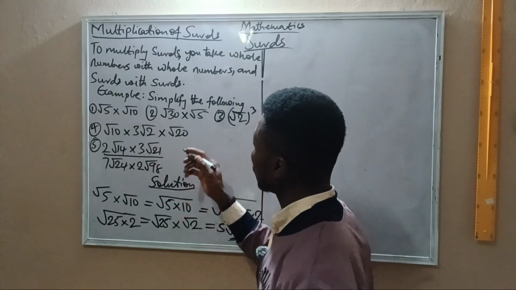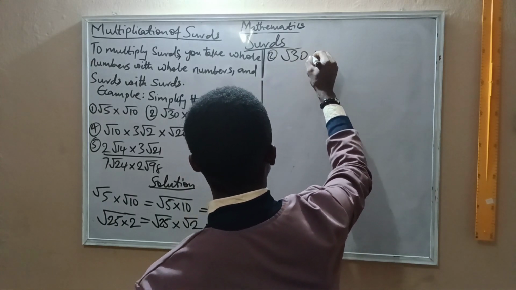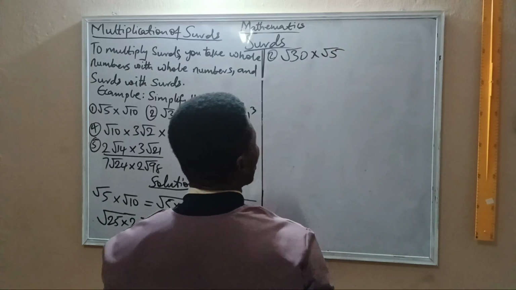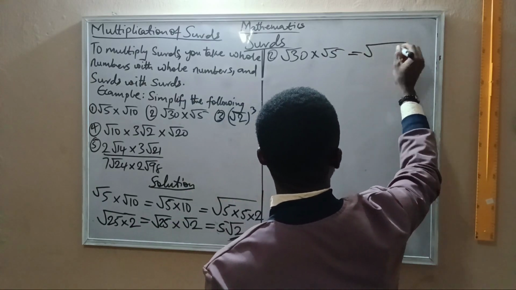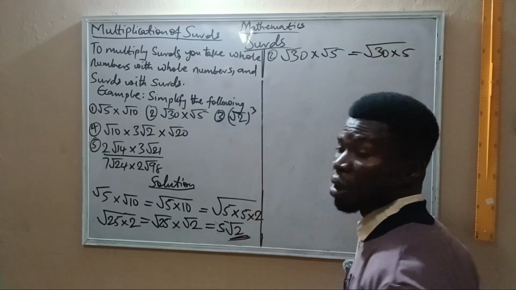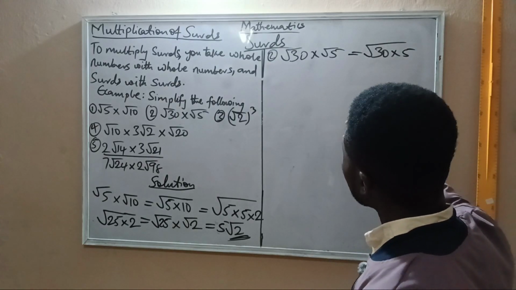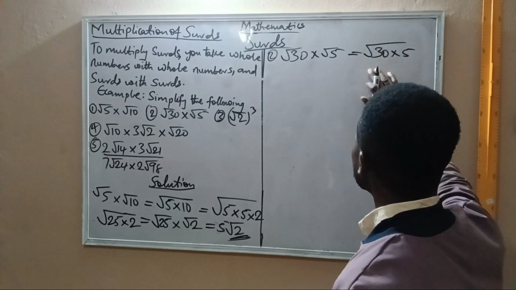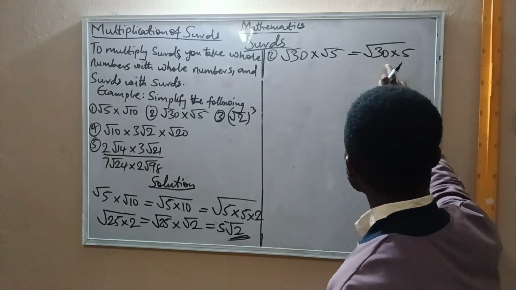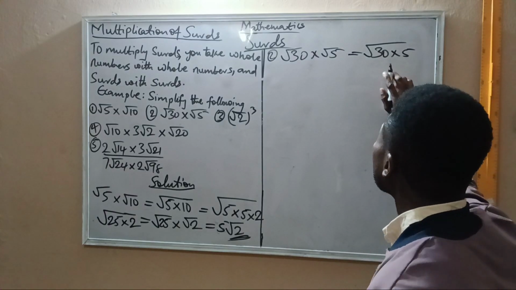Now the second one there is surd 30 multiplied by surd 5. And this is surd 30 times 5, right? In the same method, we might choose to multiply them, but then after, we will still go back to simplify it. So instead of going that way, we see if we can get a 5 out of this thing, maybe in either of the two numbers. Of course, 5 goes in 30, but 5 is not a perfect square already. So we check the number that we get